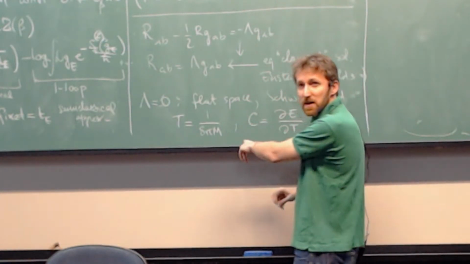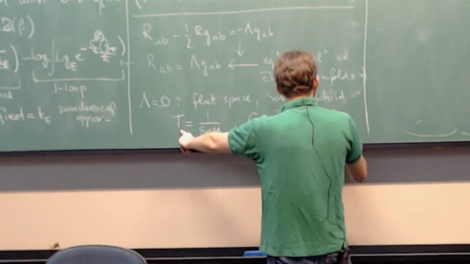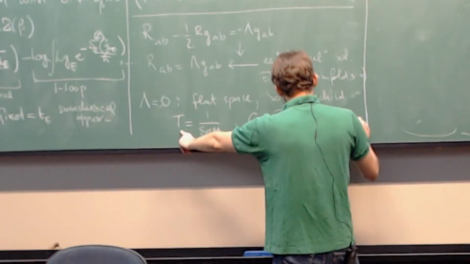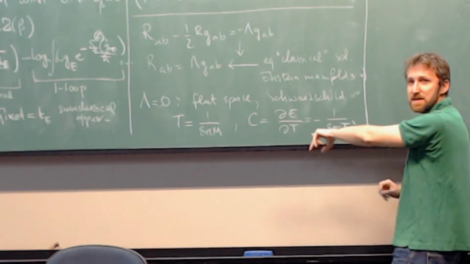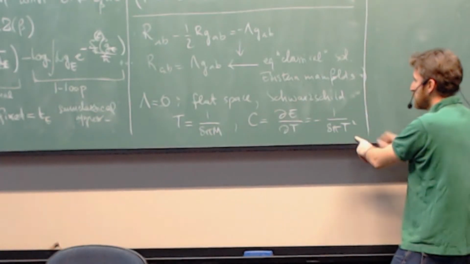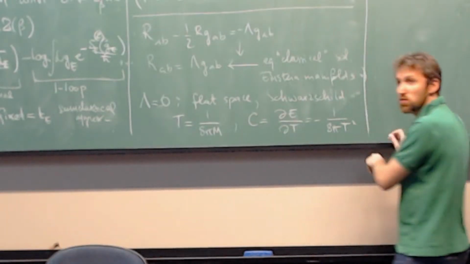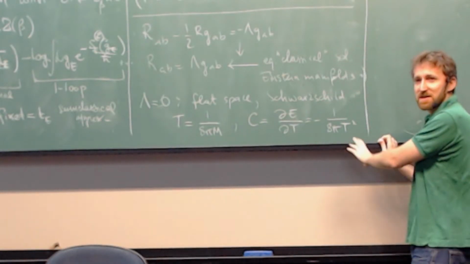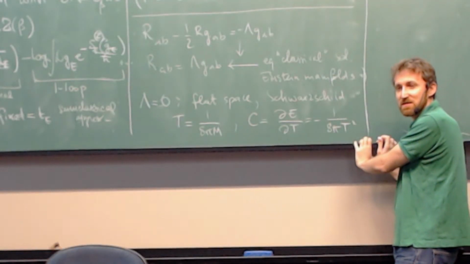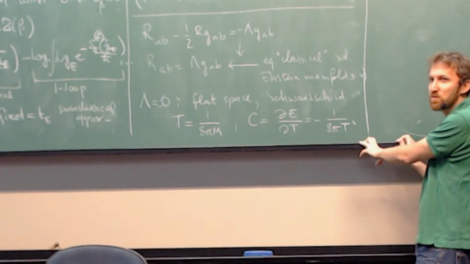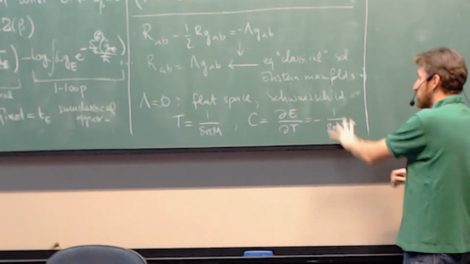The energy of Schwarzschild is its mass, which means that if I invert this, I have m equal to 1 over 8 pi T, but then the derivative with respect to T gives me minus 1 over T squared. This is always negative, but something with negative specific heat cannot be in equilibrium. It's not a thermal state. It cannot be in thermal equilibrium with a heat reservoir that fixes its temperature. The canonical ensemble is not